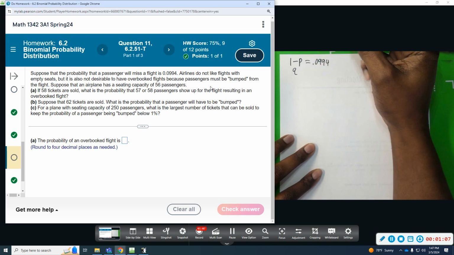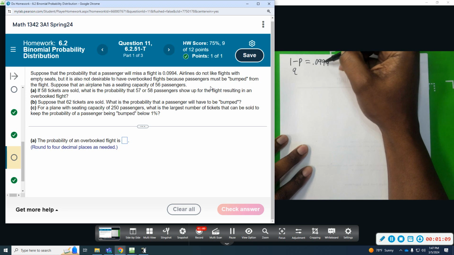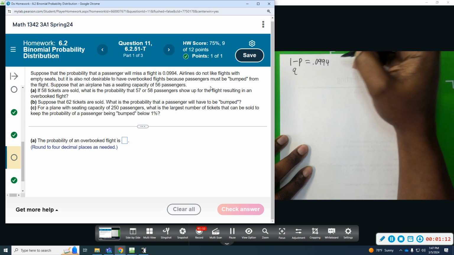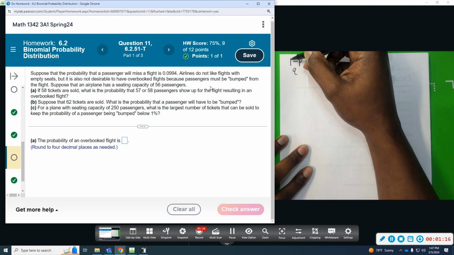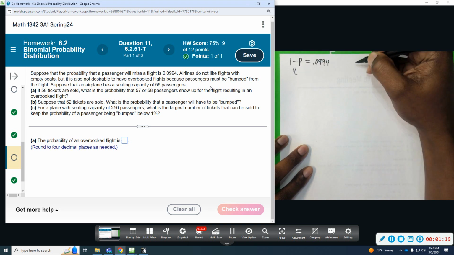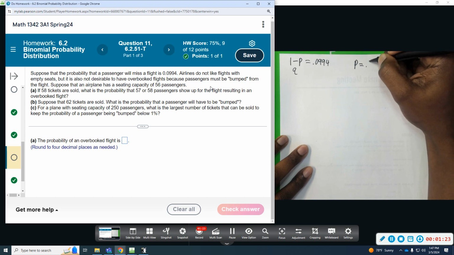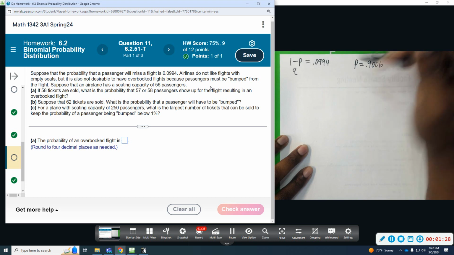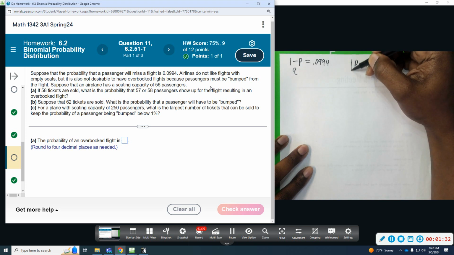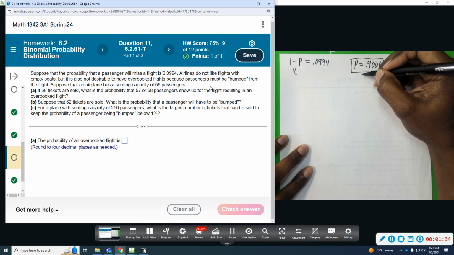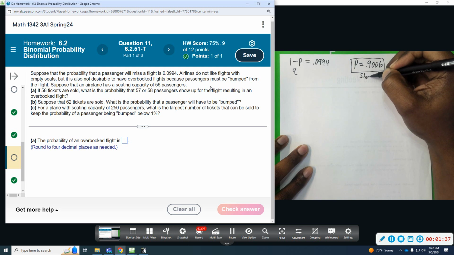Okay, so if this is 1 minus p, then the probability of p would be what I would get if I were to solve for p by subtracting 1 from this. So the actual probability of success would be 0.9006. So you can just do 1 minus the failure rate and you get the probability of success. So the probability that they show up for a flight is